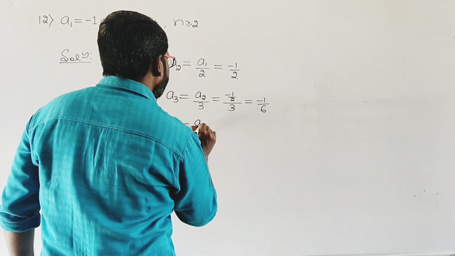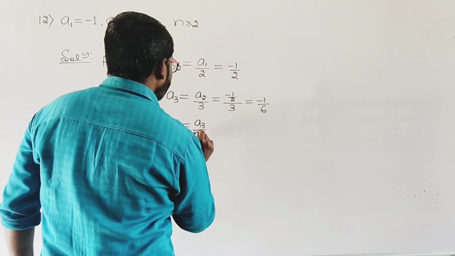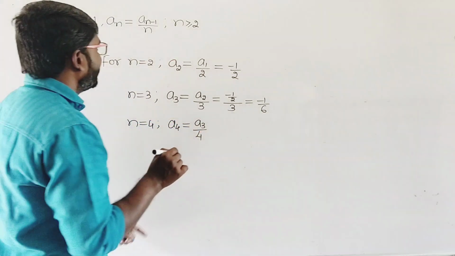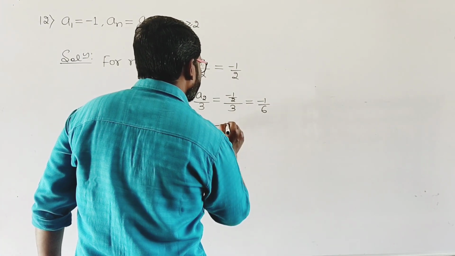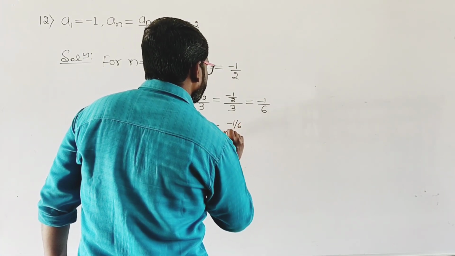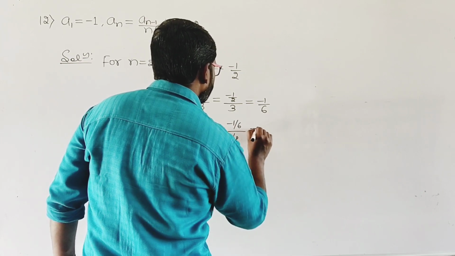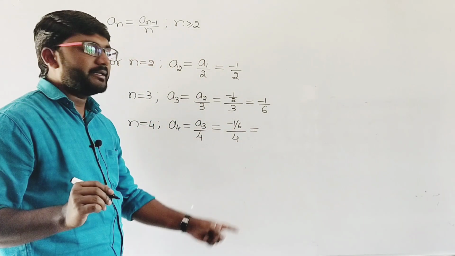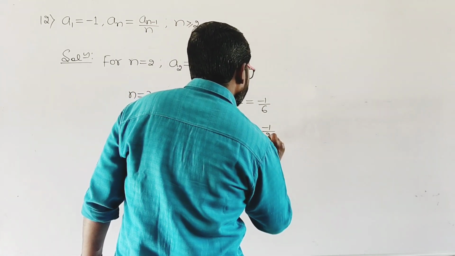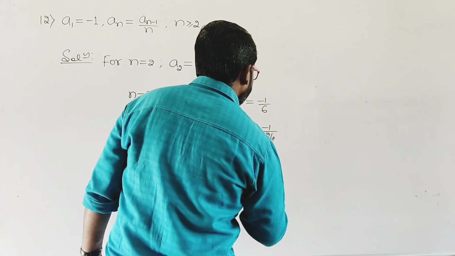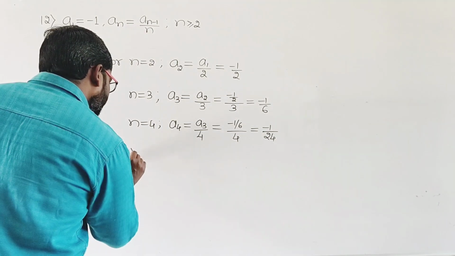You get a3 divided by 4. The value of n is 4. Then what is a3? It is minus 1 by 6. Then the whole divided by 4. So now 6 and 4 will be multiplied. We get minus 1 divided by 24. Minus 1 by 24. Then for n equal to 5,